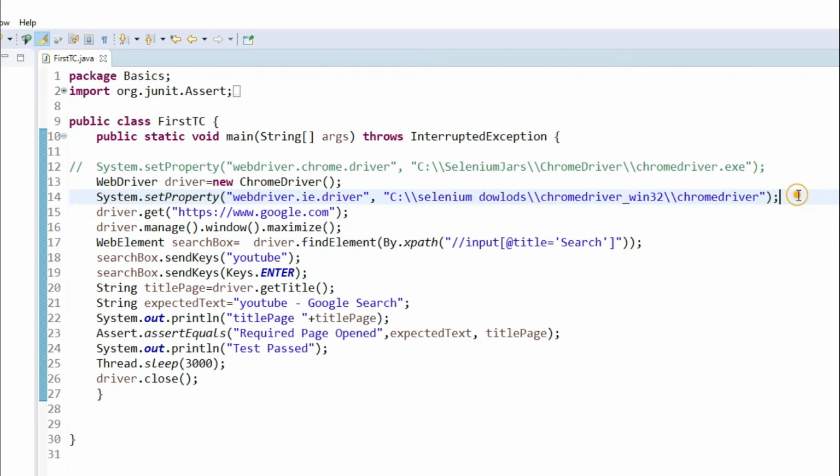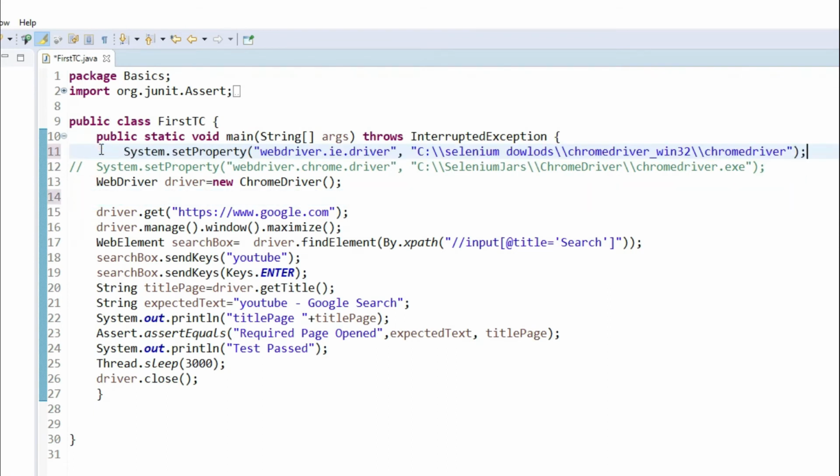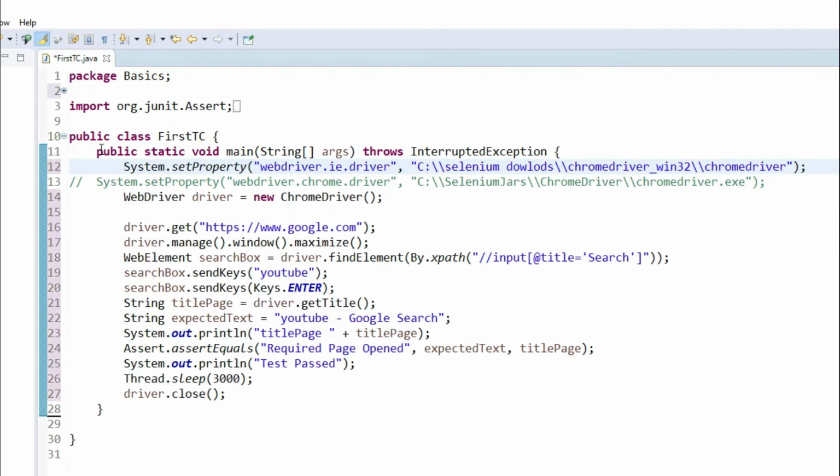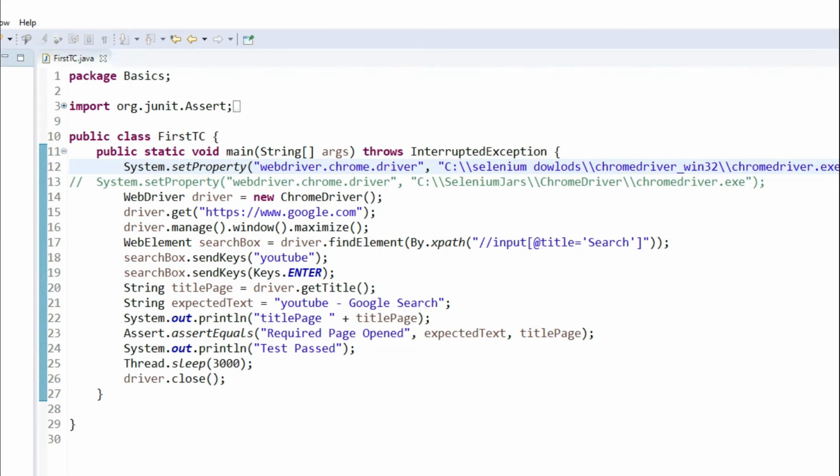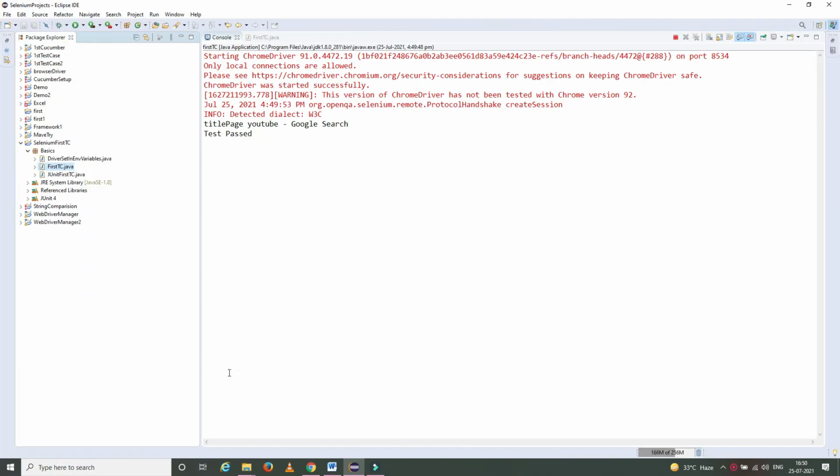To have a successful run, I will rectify all the reasons for which I was getting the exception. I will place the system.setProperty line prior to initialization of WebDriver. I will correct the key and will specify the proper path including the .exe extension. Now the program will run successfully without any exception.